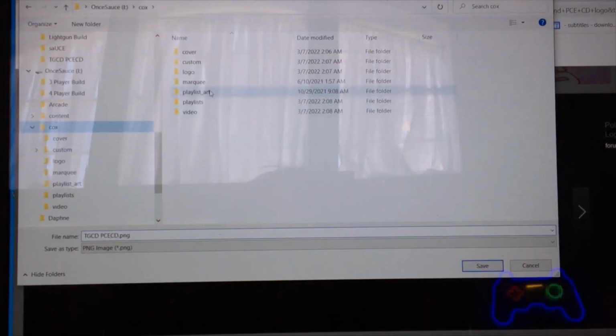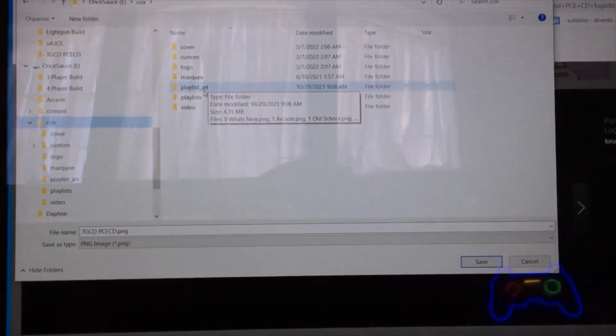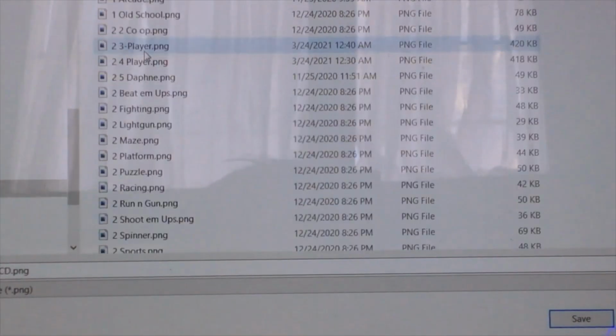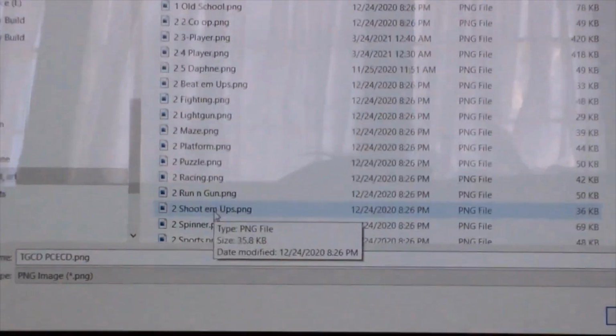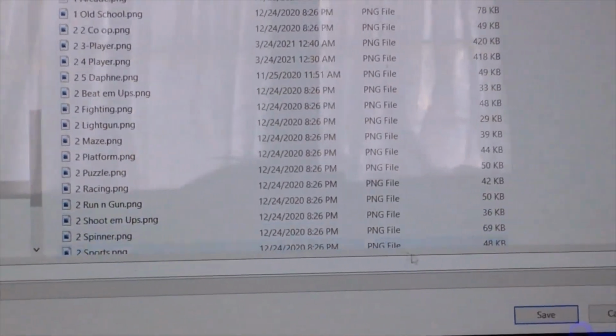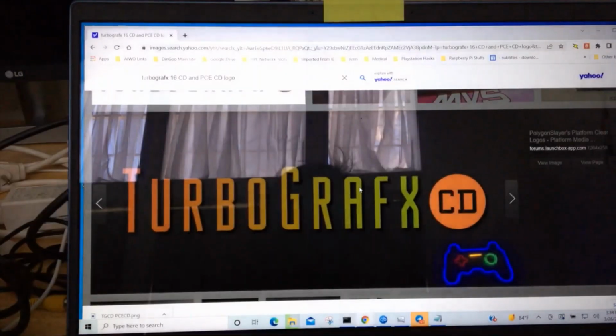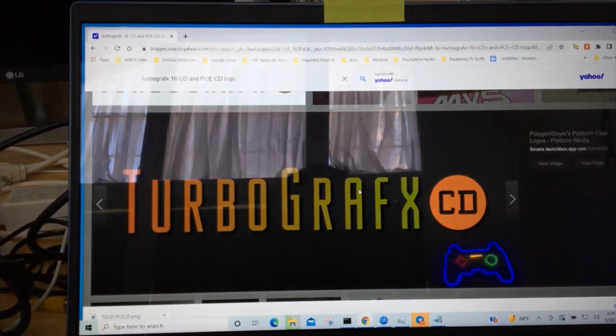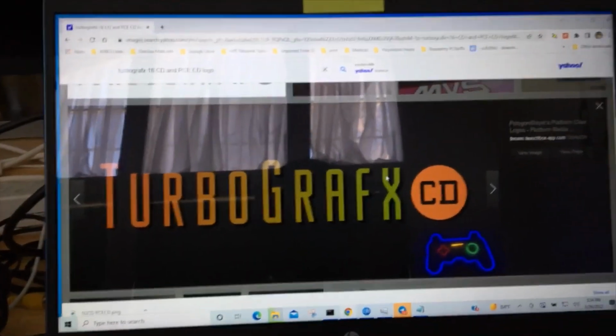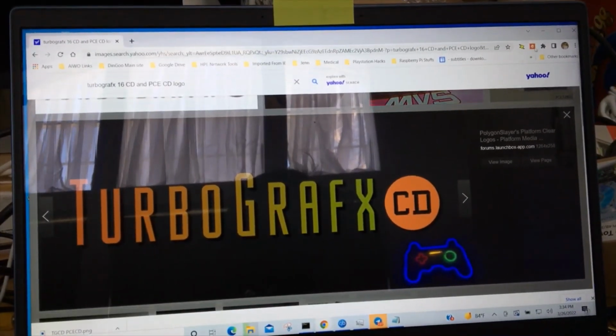So we're going to go ahead and save the artwork into the COX in the flash drive, and we're going to go to the playlist artwork. Okay, I'm going to save that right here in this folder, and that is the file name that we call it, and we just say save, and that's it. So that's how you create the box, the title name for the game and the game list. And that's what I did for all the games you see in the